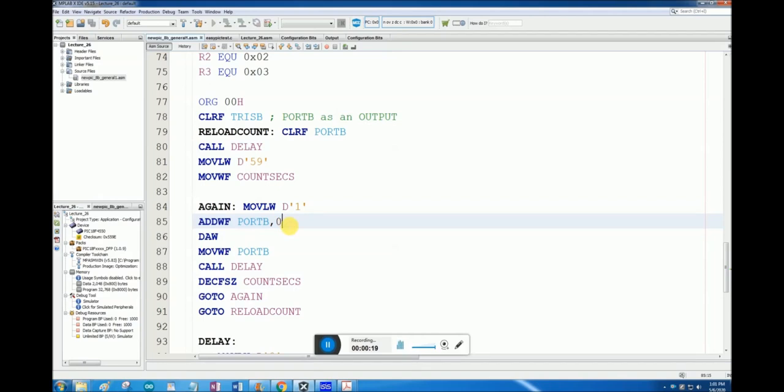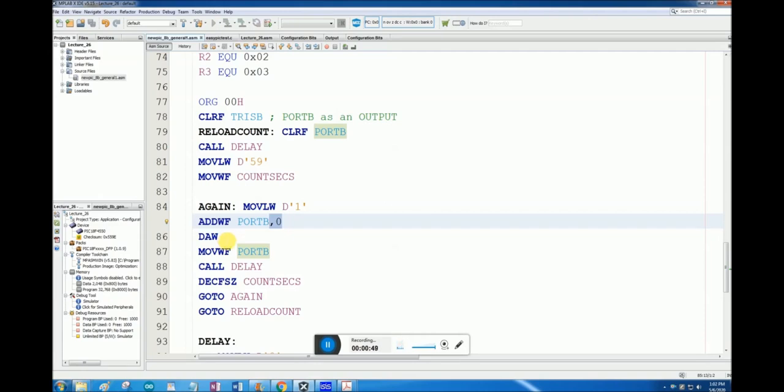I thought it is by default stored in W register, but I think we have to specify it here that we want to store it in W register, and for that we have to write comma W or comma 0 here. So I have added this 0 on this line to make sure that the result of addition is stored in W register, and then we decimal adjust the W register.